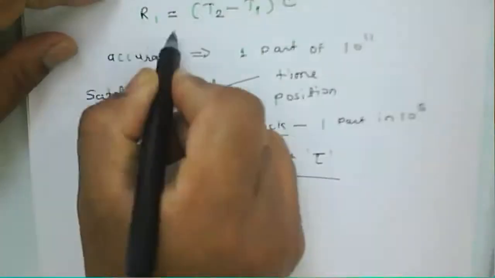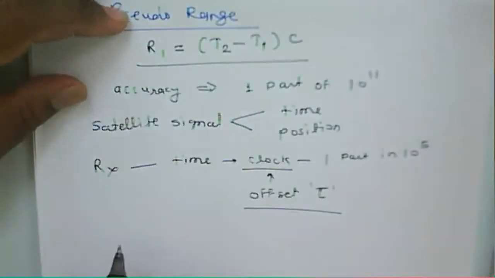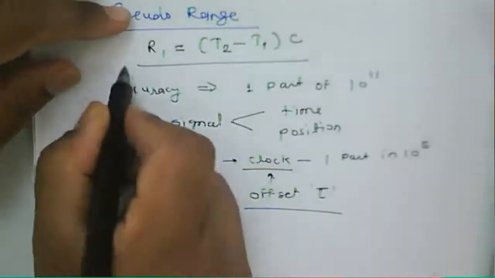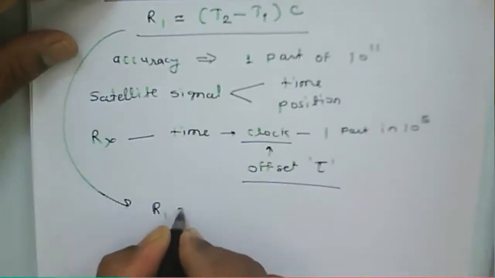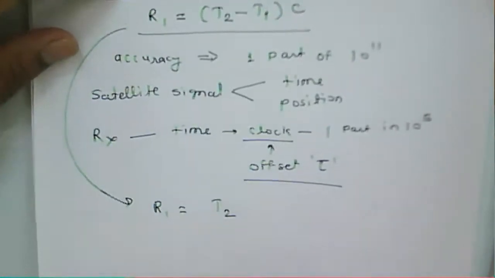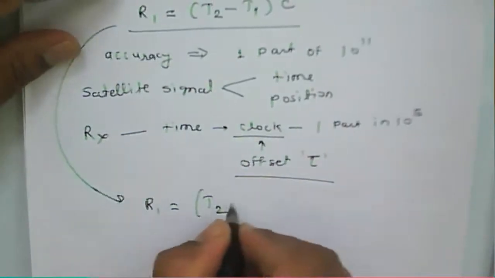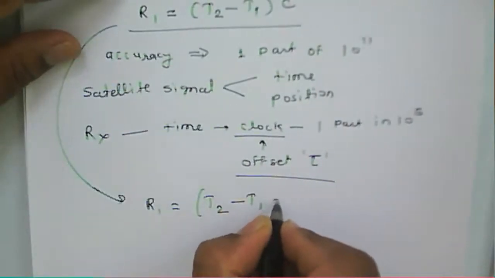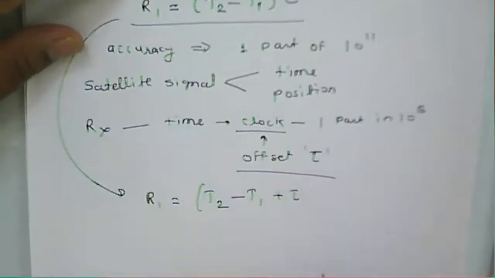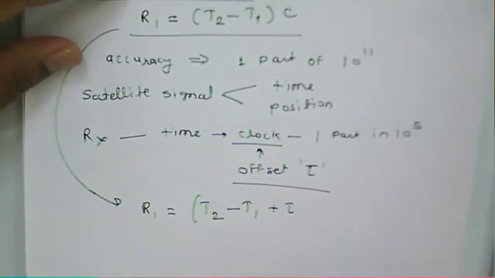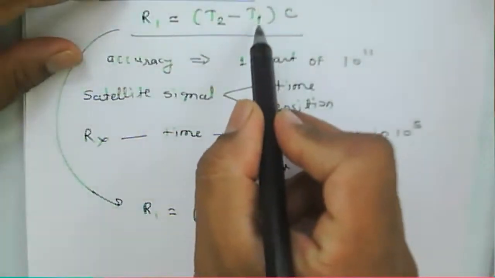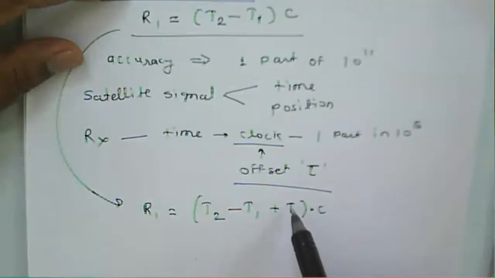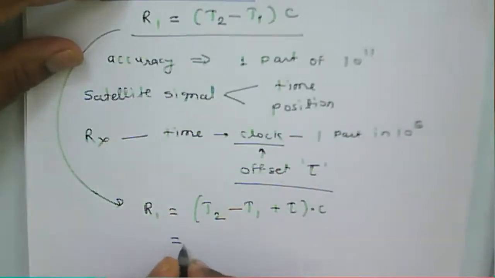Supposing we say R1 is equal to T2 minus T1, we can write this equation again: range is equal to T2 timing minus T1 plus the offset in the receiver clock, tau, into c. In this equation, the clock offset tau is added here,